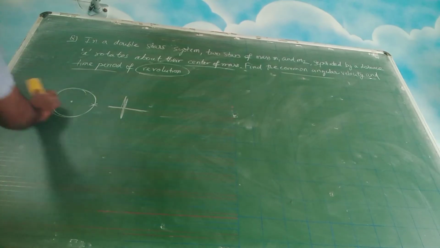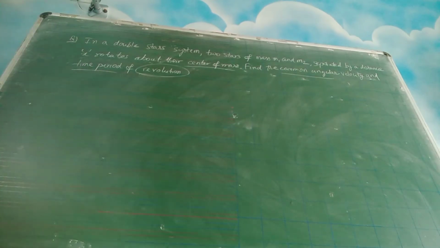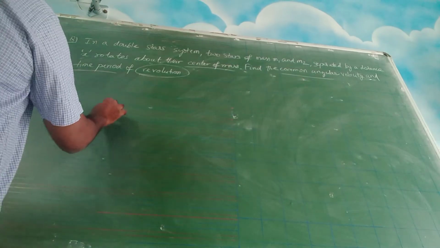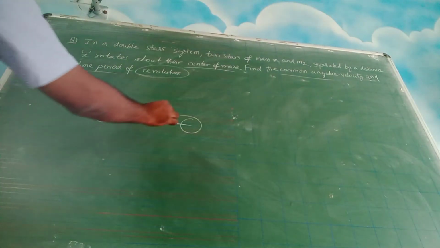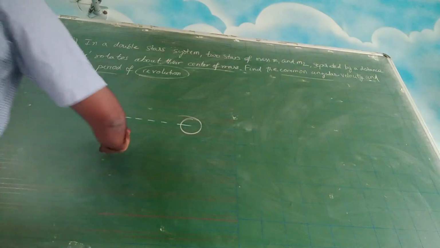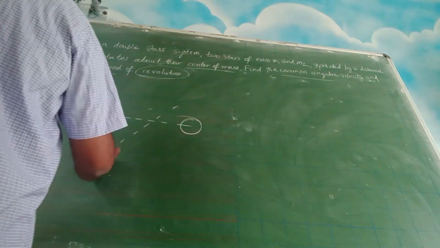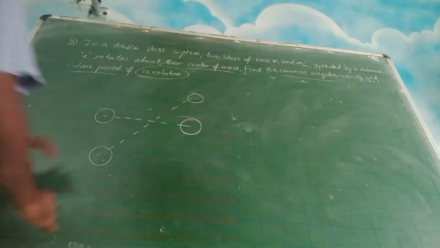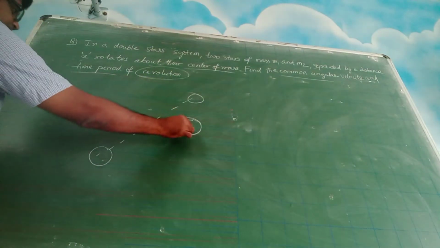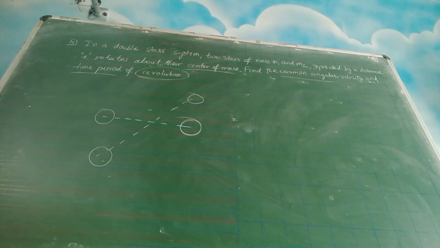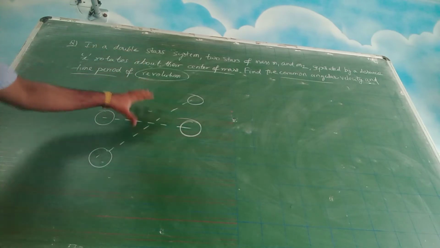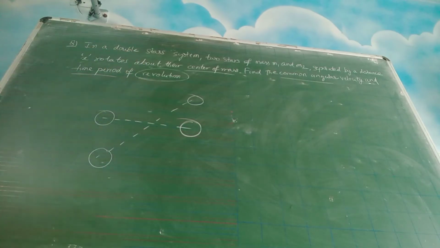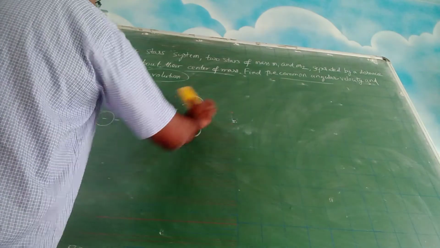And here one thing you need to understand is what is actually given in the question. There are, let us say, two stars. Although there is no cord which is connecting them. So what is happening is, let us say they are rotating like this. So obviously there is a gravitational force between them. Now this gravitational force is making them rotate. So they are experiencing a centripetal force because of the gravitational force. The centripetal force is provided by the gravitational force in this case.